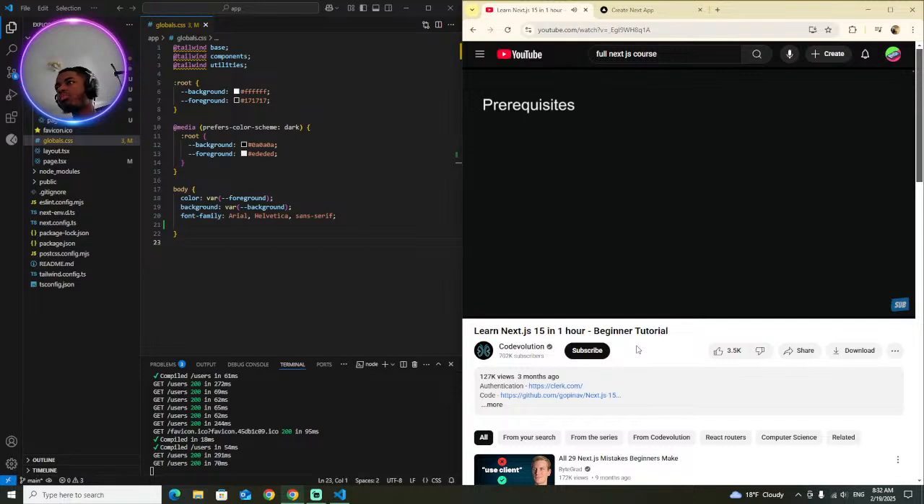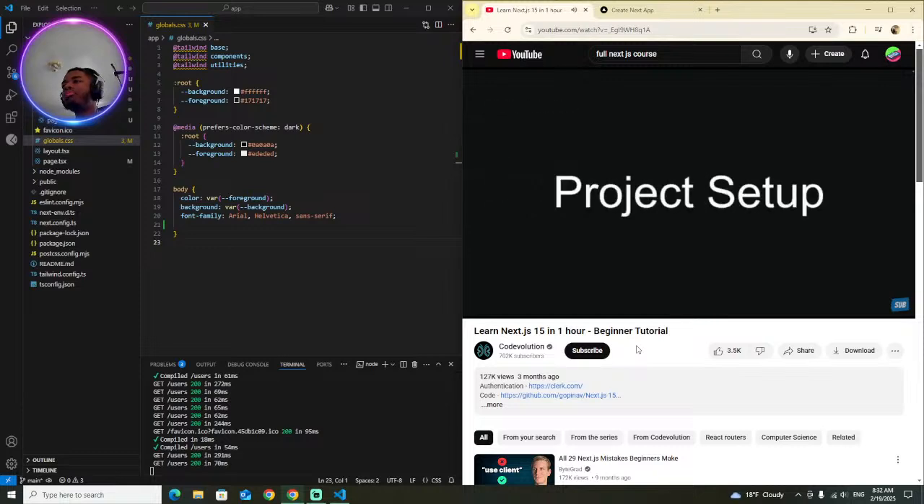What are the prerequisites? A solid grasp of HTML, CSS, and modern JavaScript. Familiarity with React fundamentals like components, props, state, and hooks is also crucial. All right, let's get started by setting up our development